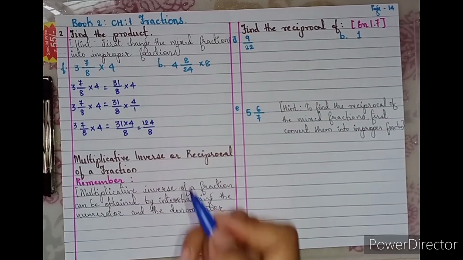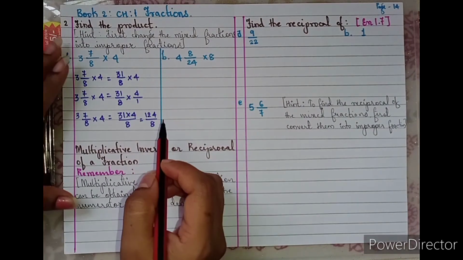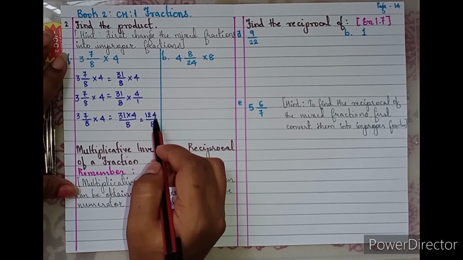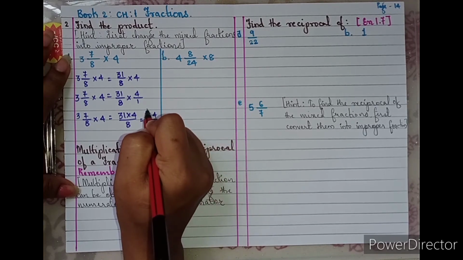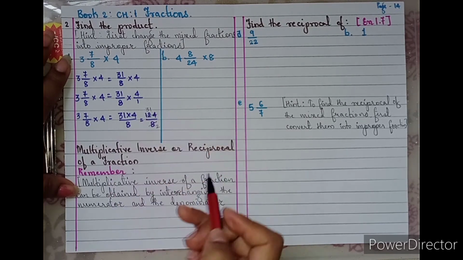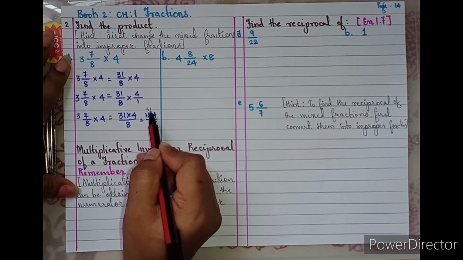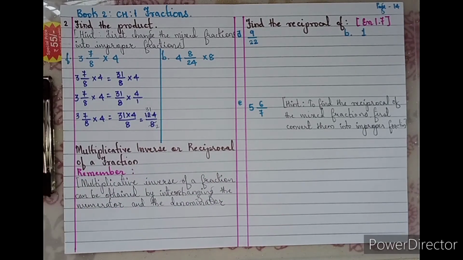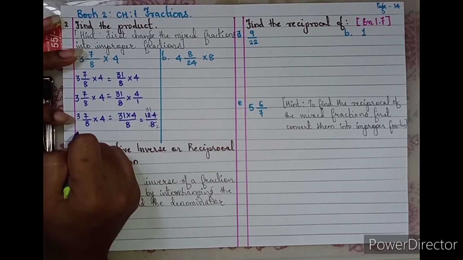So further we can divide them. If you see, it is divisible by 4. When the last two digits are divisible by 4, then the number will be divisible by 4. So as per that, 4 2s are 8, 4 3s are 12, 4 1s are 4. So here we got 31 and here we have got 2. Which can be further written in terms of a mixed fraction, because 31 upon 2 is not further divisible by any other number. Therefore, we shall represent it as a mixed fraction.